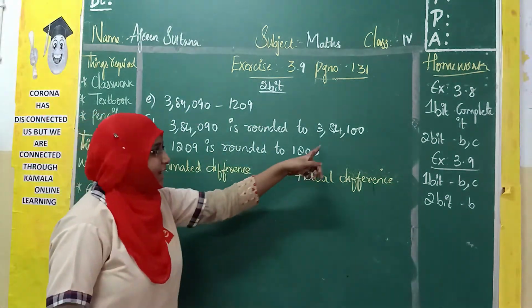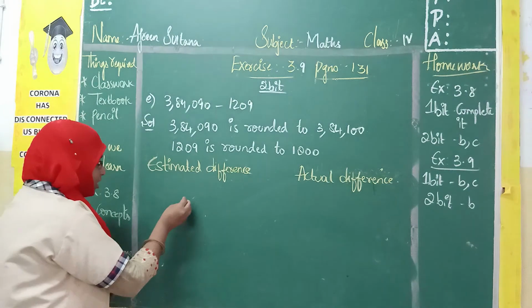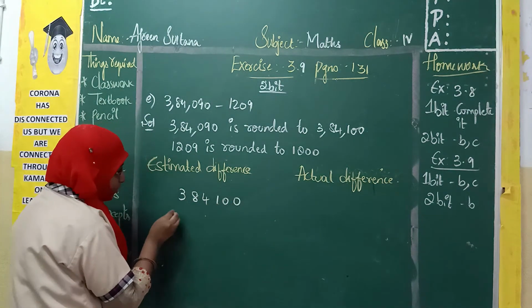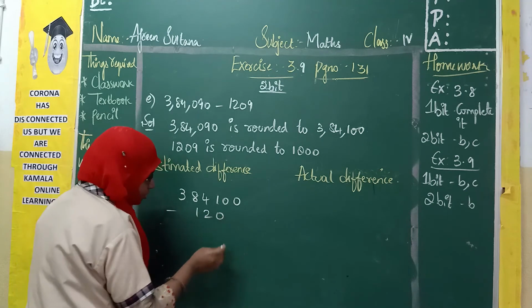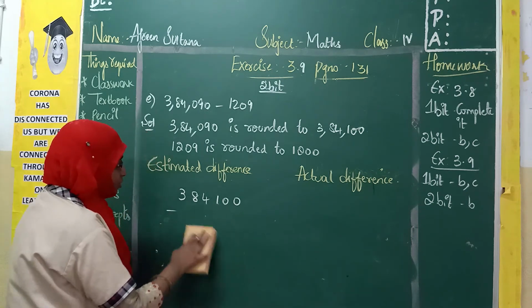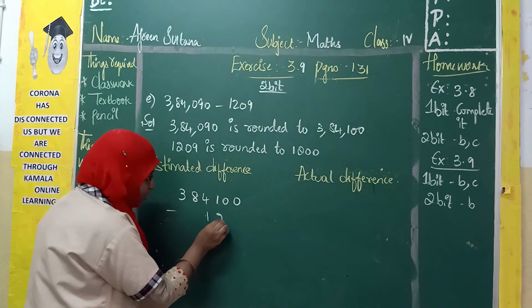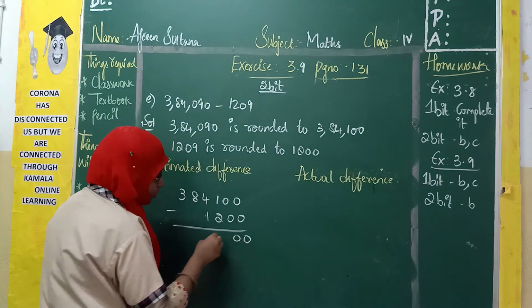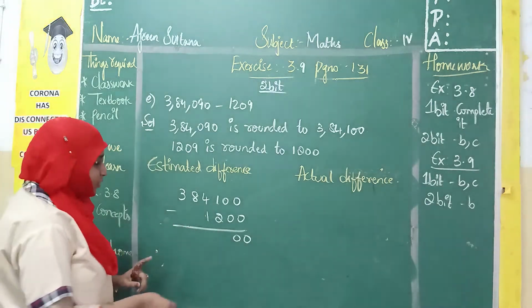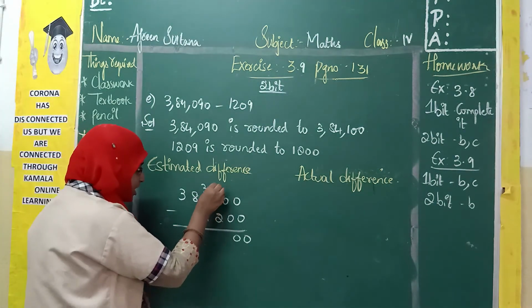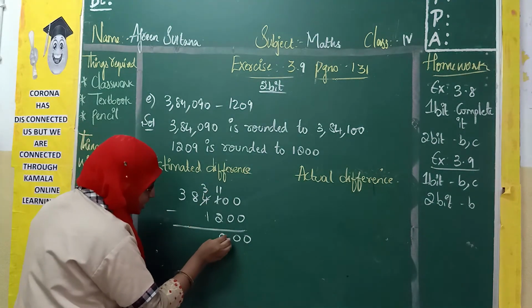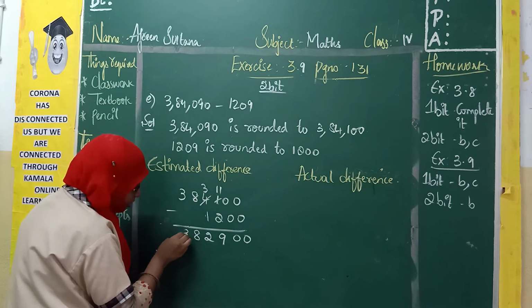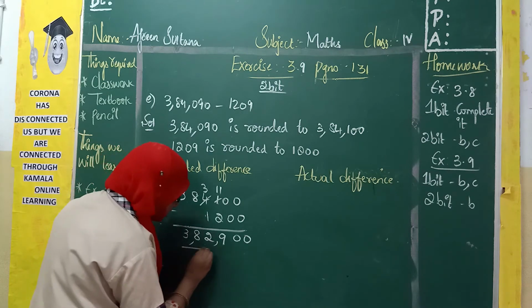Estimated value is 3,84,100 minus 1,200. Now 0 minus 0, 0, 0. Now you cannot subtract 2 from 1, so we will borrow. Now this becomes 3 and this is 11. So 11 minus 2 is 9. 3 minus 1 is 2. As there are no numbers, the numbers repeat. That is the same. So the answer is